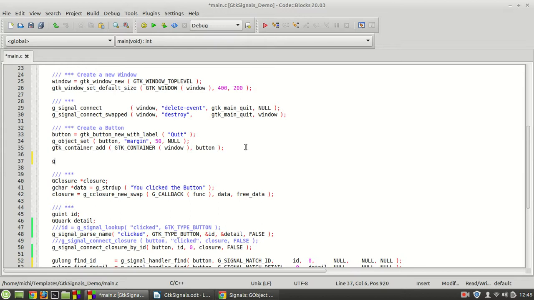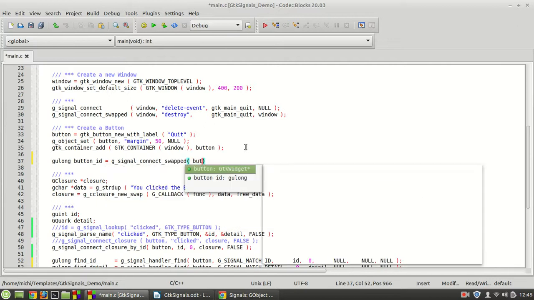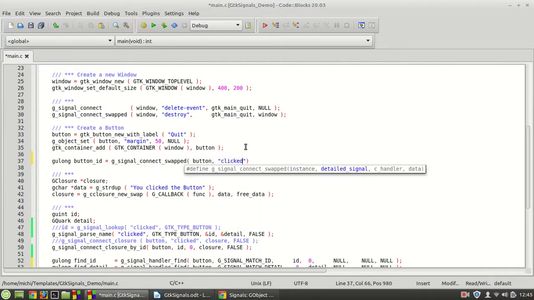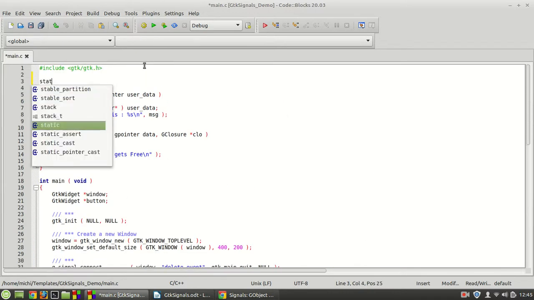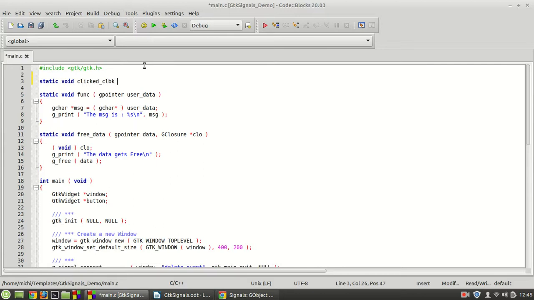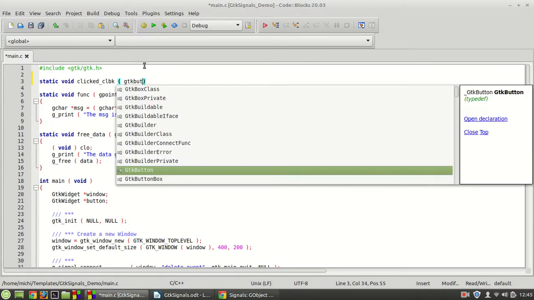So GU long, button ID, G signal connect, let's say swap, button, click it, G callback, let's say click it callback, and the button, of course. Now let us create fast this function right here, static void click it callback GTK button,